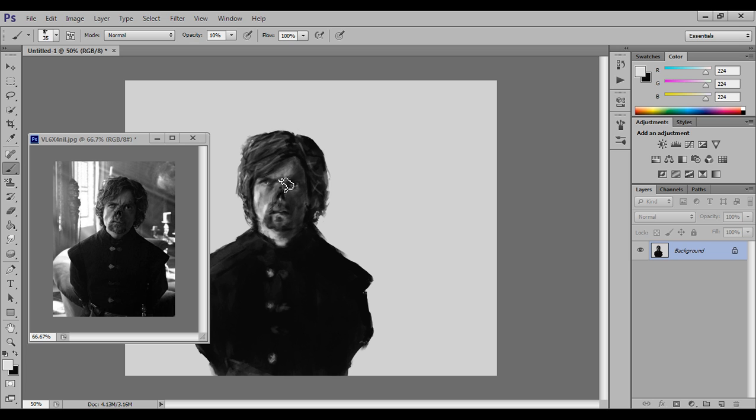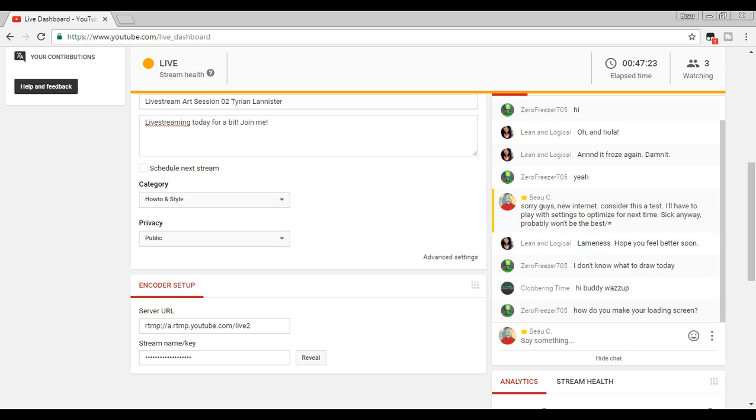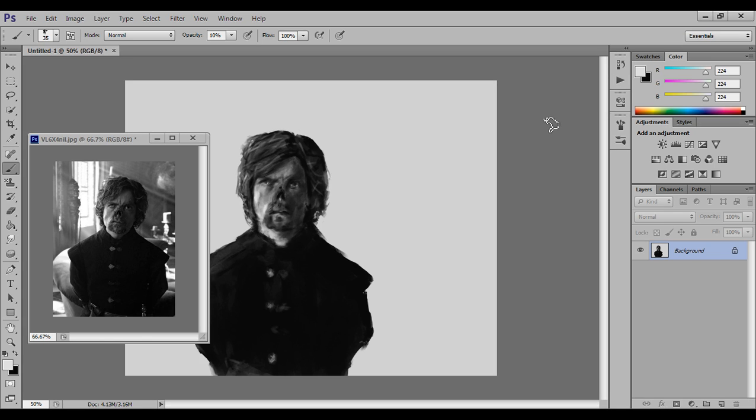Okay, we got a comment. Zero Freezer says, "How do you make your loading screen?" Oh, the one I posted on Instagram. I did it on Procreate on the iPad actually entirely. All on Procreate, and it was a process of just